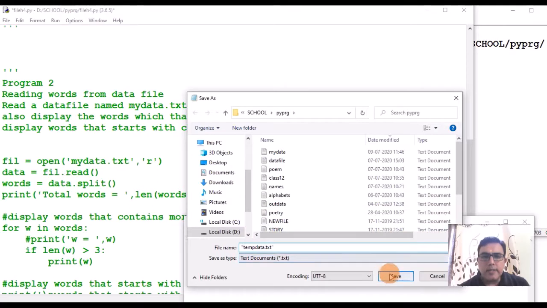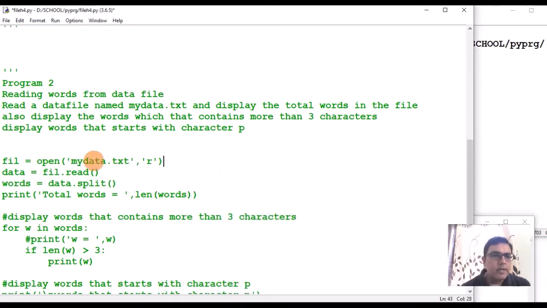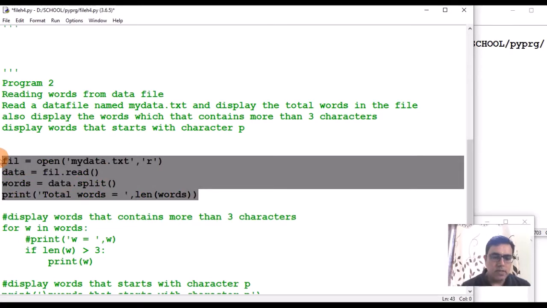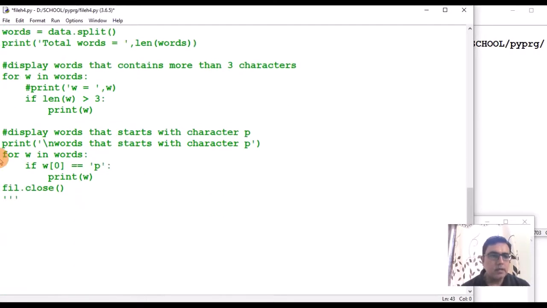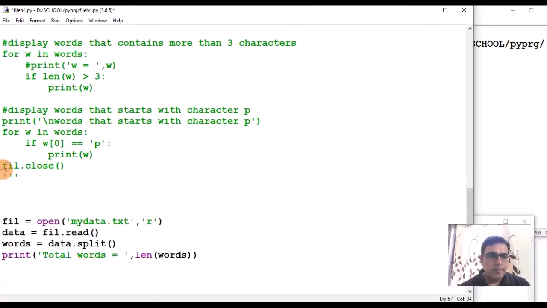It is saved in the pyprg folder. My program is also saved in pyprg. Then I'll be requiring these statements, so I'll copy and paste them first. Temp data.txt, I'm opening it for reading purpose.